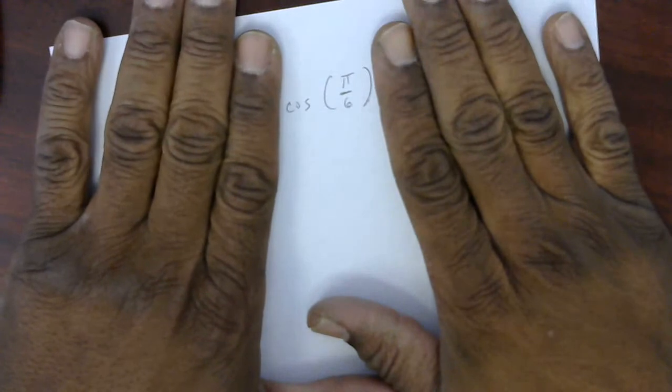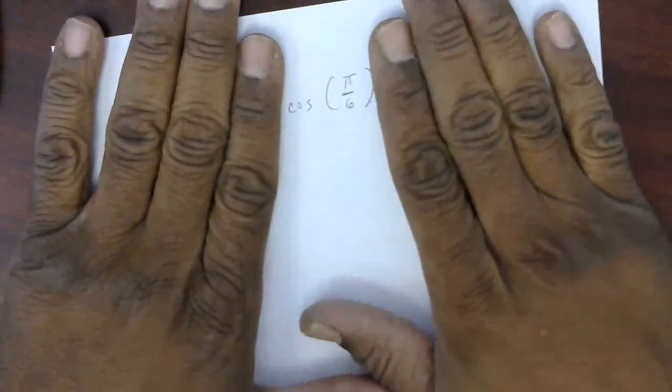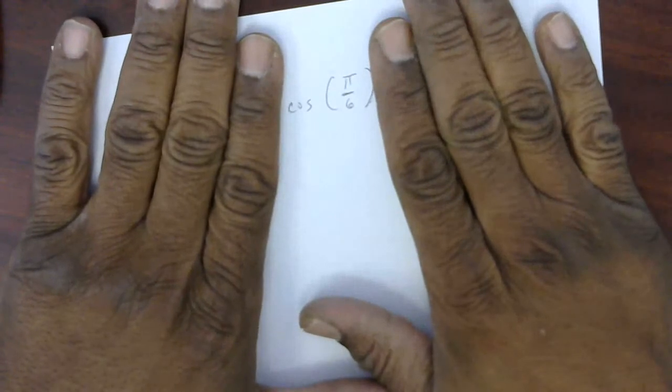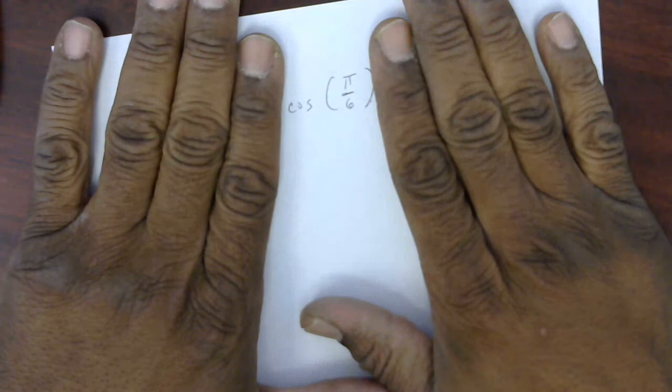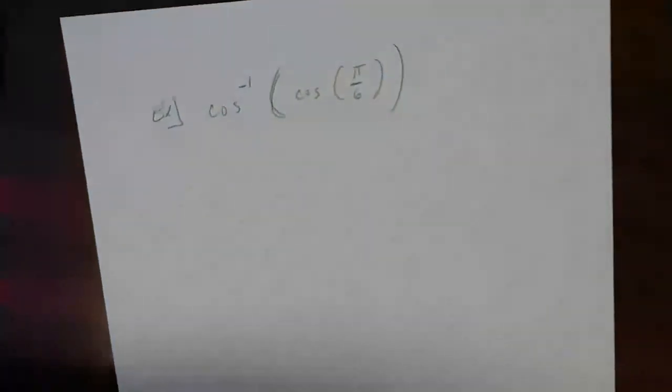I can find it by using a calculator, but most of the time, if you're asked to find an exact answer, the calculator won't help. So the calculator is an option. I could use the unit circle, or I can use that unit circle function evaluation chart. All right, so just to show those things,